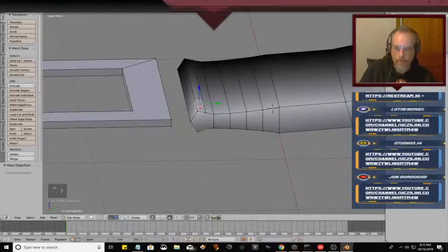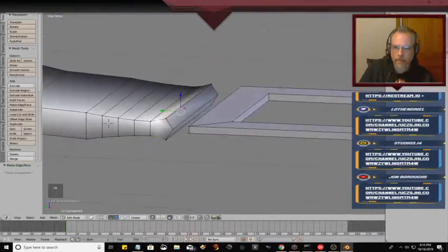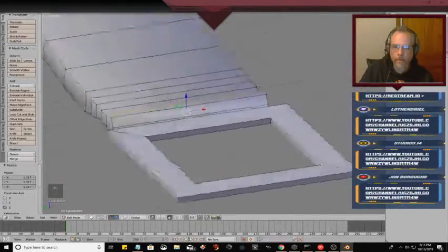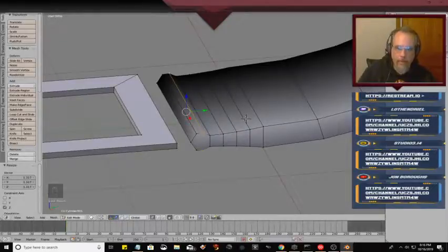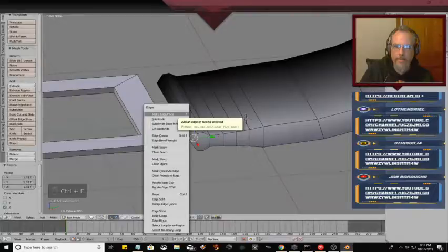All right, now we're going to select all 4 of these points, and we're going to scale them on the Z, make them puff up a little more. Scale on the Z, bring that up. So you see right here, we're just building a little round end on this to kind of make it look like it's intersecting that,